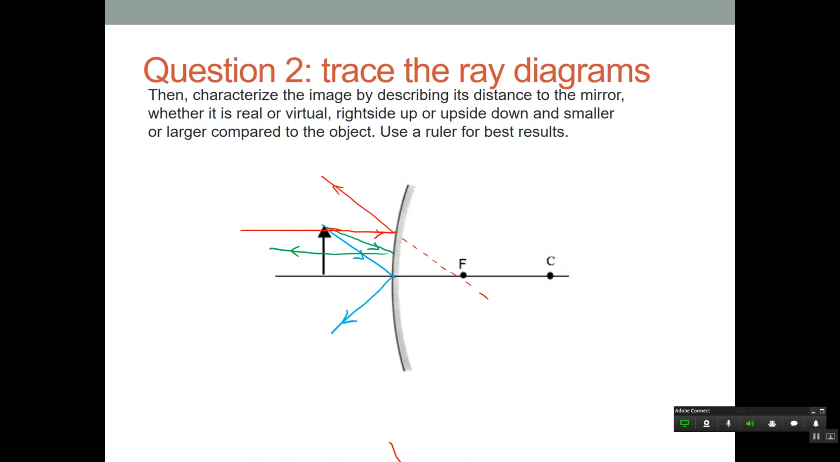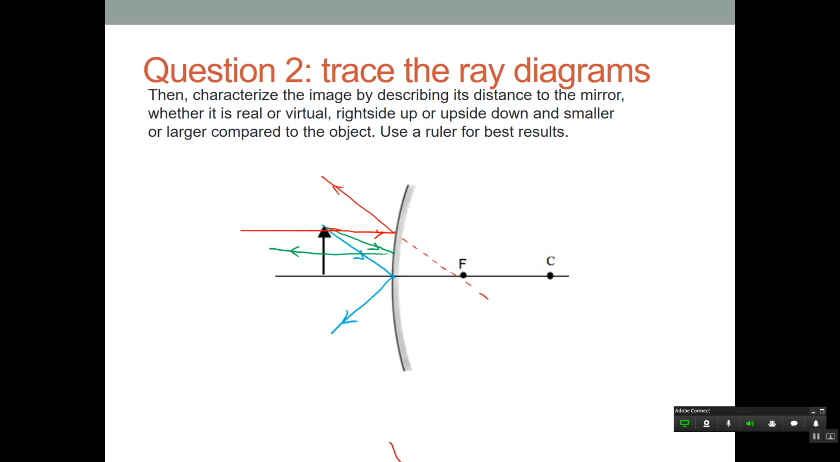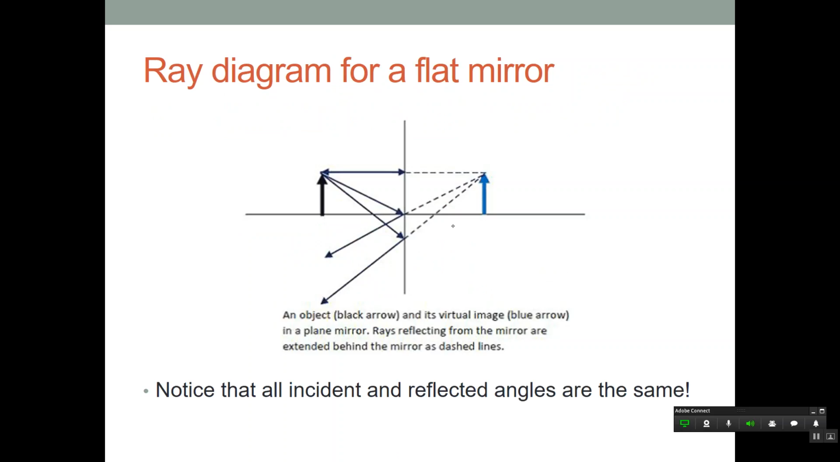Now the question is, where does the image form? Because look, the reflected rays are diverging. They're going away from each other. They're never going to meet on this side of the mirror. Where do they meet? Behind the mirror. So you're going to have to work your way backwards. So let's do that. Well, I'm just going to use red. So if you work your way backwards,